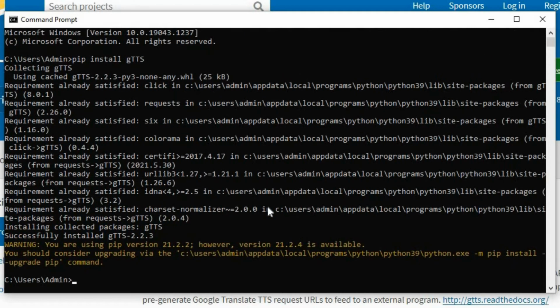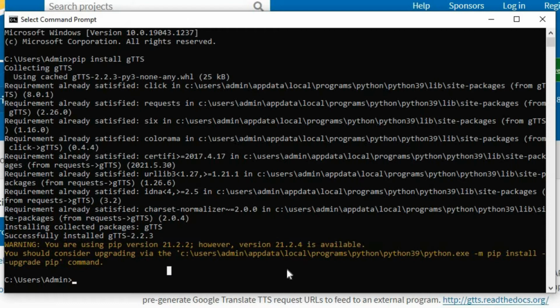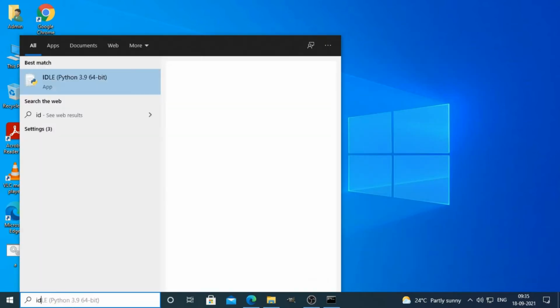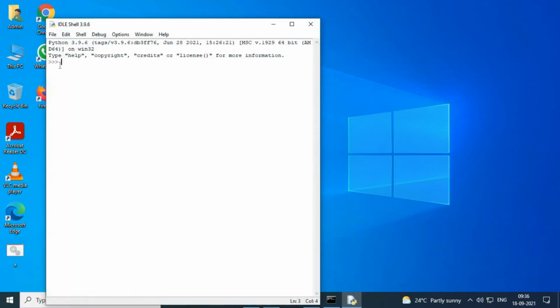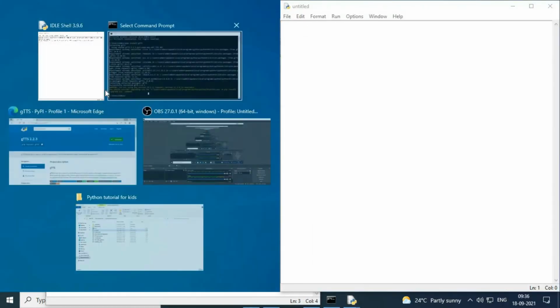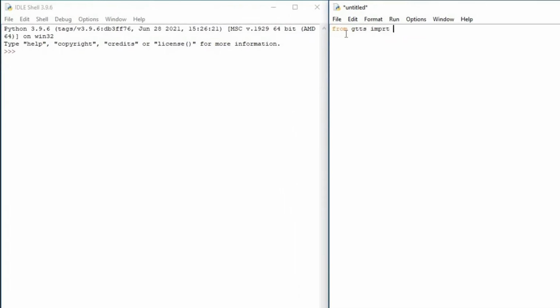And it has successfully installed. It may take some time to install. As I am installing for the second time, it took less time. But if you are installing first time, then it will take some more time to install. So now I'll open IDLE Python, which is our Python IDE, and I'll create a new file to run the code. So I'll keep both of them aside and I'll quickly import from gTTS import